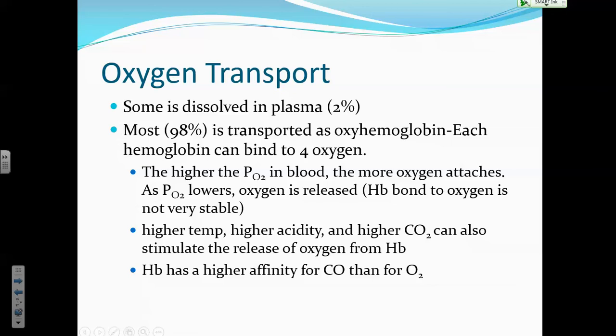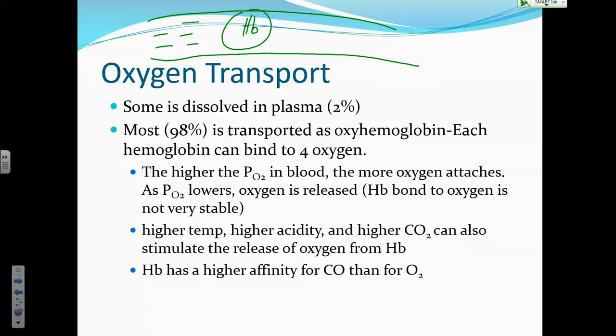So if here's that blood vessel again, and let's say here's a red blood cell, and here's hemoglobin. Remember, a third of the volume of a red blood cell is devoted to hemoglobin. Okay, so it can hold a ton of oxygen. So you get, let's say our oxygen saturation is 5, which is not true, but you've got oxygen there, there, there, there, there. Now, as soon as it reaches that saturation, some of it is going to come into the red blood cell, combine with hemoglobin to form oxyhemoglobin, which makes that hemoglobin molecule bright red.